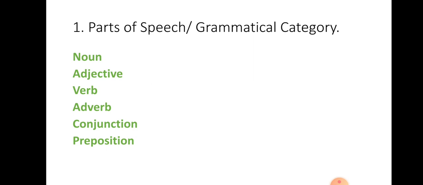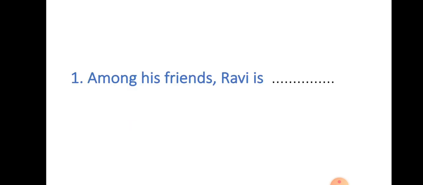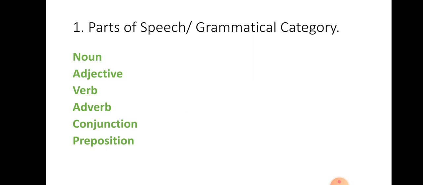My suggestion to you is, first understand what parts of speech should be used to fill this blank. So the first technique is understanding the grammatical category of the word that we are going to use to fill this blank. So understand the parts of speech first. Let's say Ravi is blank here. Here we are going to speak about the quality of Ravi, characteristic of Ravi, feature of Ravi, which means you have to use an adjective, right? When I say parts of speech, you have noun, adjective, verb, adverb, conjunction and preposition, and of course interjection. And now you have understood that you need to use an adjective here.